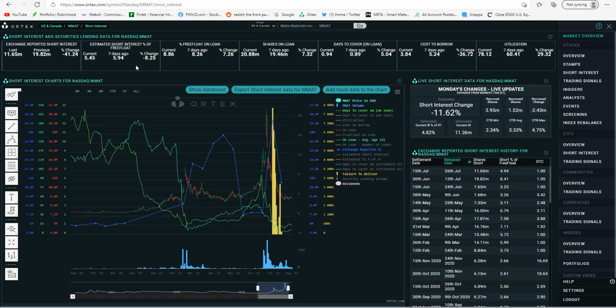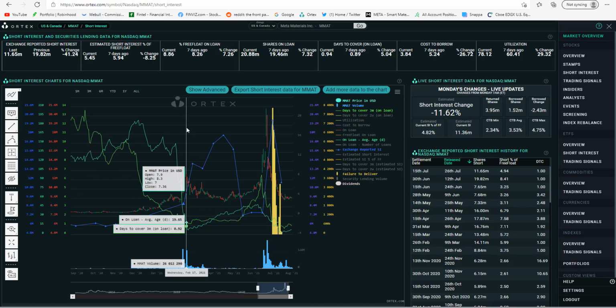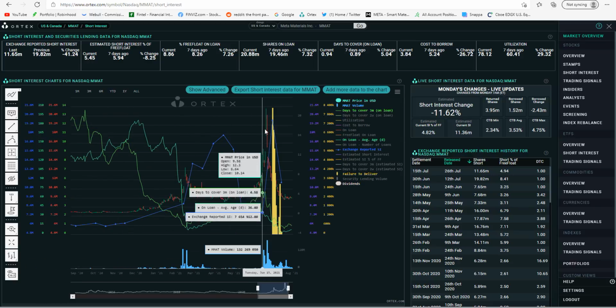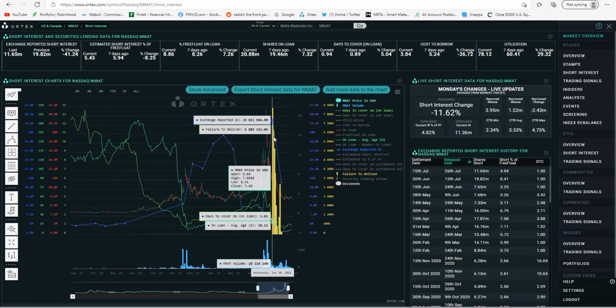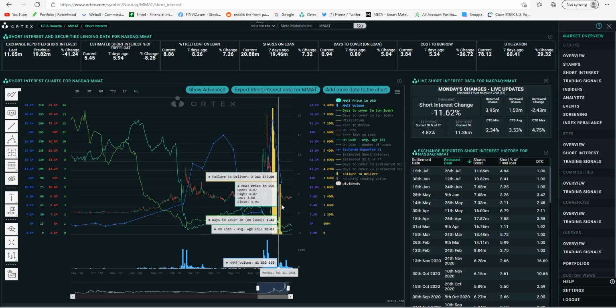Basically, all in all, this all stayed the same. Now, what I do want to show you is that Ortex has updated their failure to deliver. So they've got their information in. And I went ahead and took all of this information today and I added it all up. And I know exactly how many failure to delivers we have